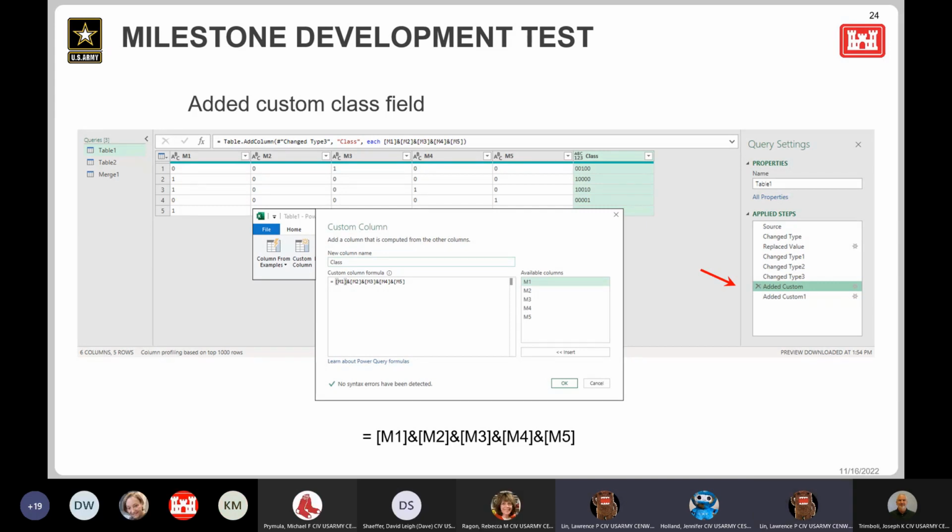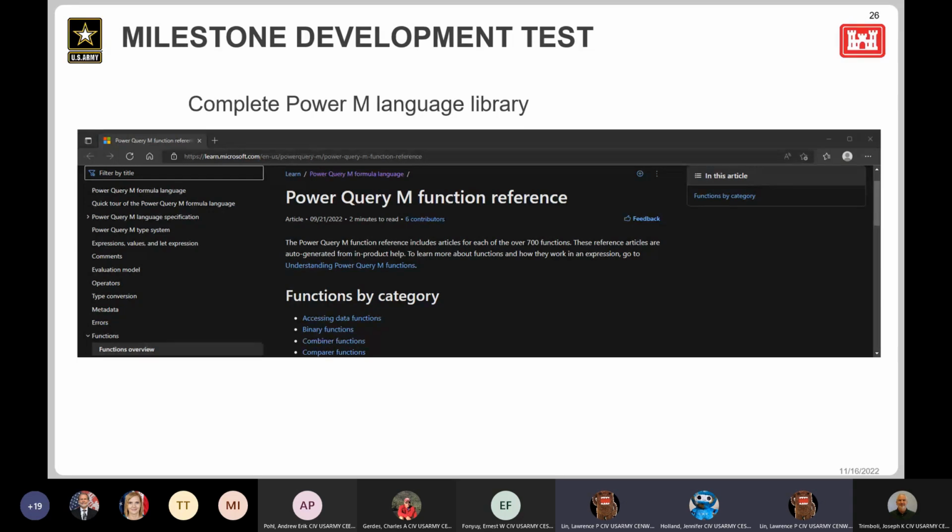And then the neat thing about it is there's links to where it says learn about, I can't read it on my computer, learn about Power Query formulas. Well, they have a whole documented website on that. And I couldn't find out, they developed a whole new formula or a whole new programming language for this,